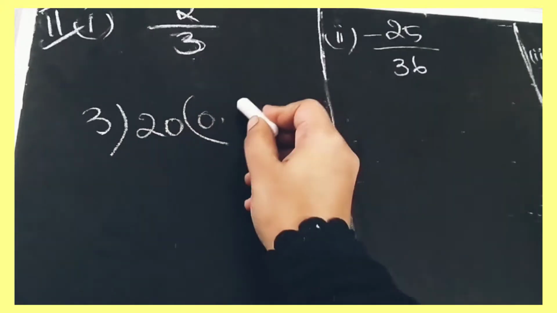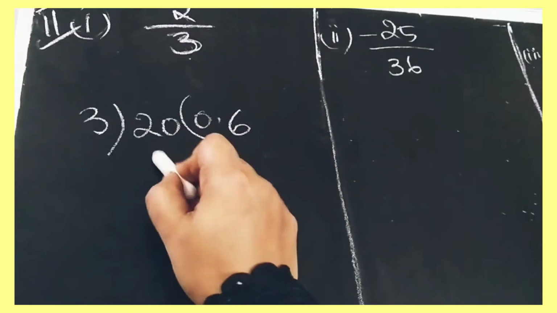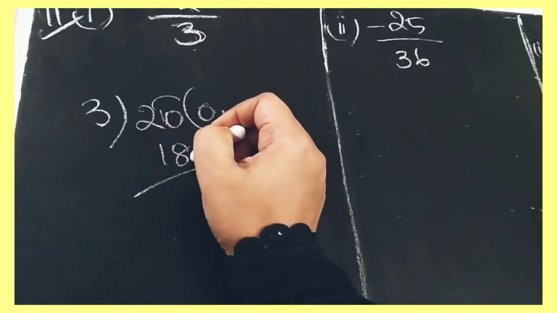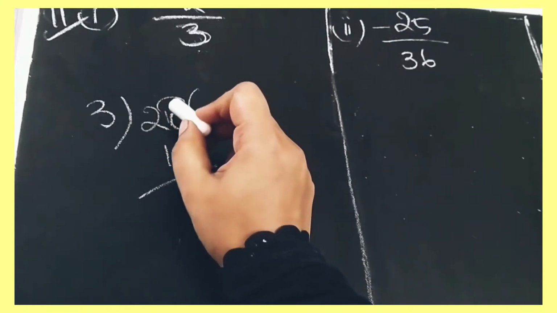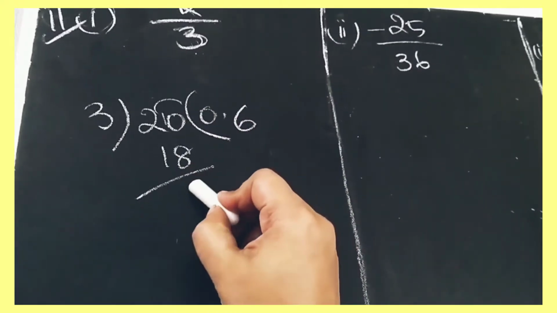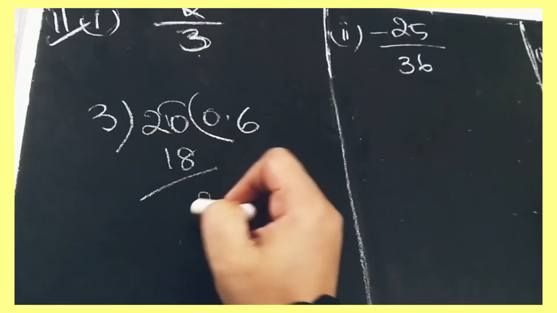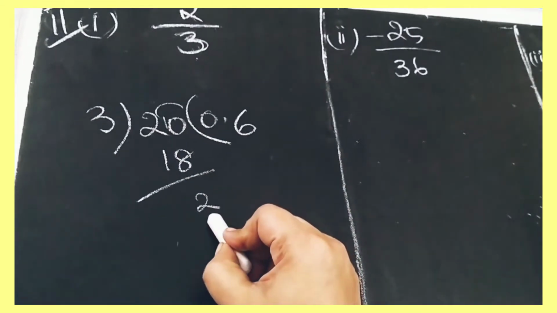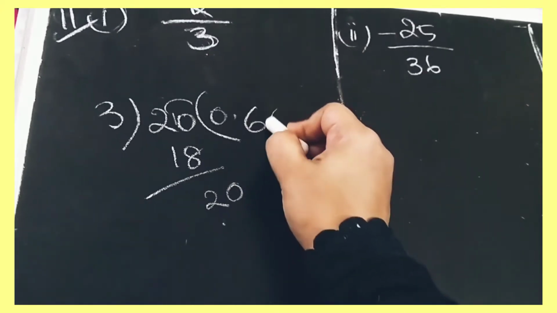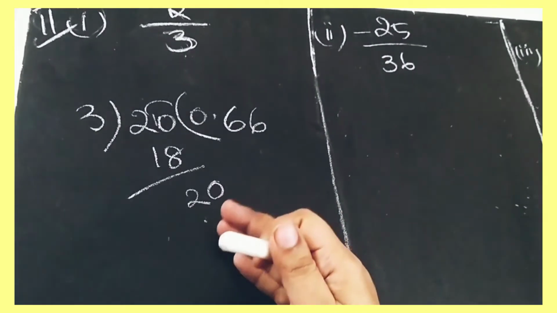Now 3 6s are 18. 3 7s are 21, we can't take 21. We can take here 3 6s are 18. It is 10 minus 6. 0 minus 8 we can't do now. We have to take here one borrow. And 10 minus 8 is 8, 9, 10. It is 2. Again here 1 is there now. 1 we have taken here. 1 minus 1 is 0. So here 2 is there. So again if we write here 0, again 6 will come here. So again 18. So like this it goes on continuously.